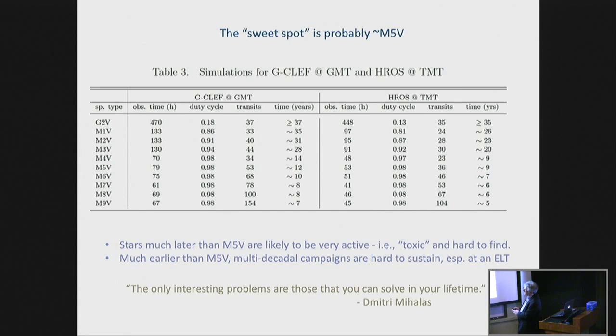But they're also pretty hard to find, because you first find these things when they transit, and now you know the radius of the star, and you find the radius of the planet, but then you also want to weigh that planet, and to do that you have to do precision radial velocity measurements, and here the jitter of the star is really difficult. So multi-decadal observing programs are kind of hard to stomach. And I don't think you're going to do it well down here. So if I had to guess, I would guess that an M5 star is where we're going to find the